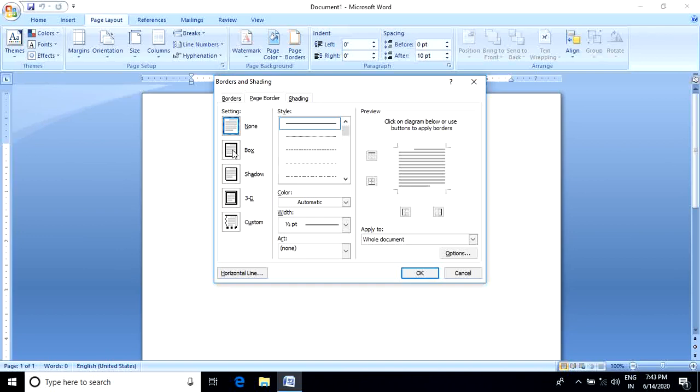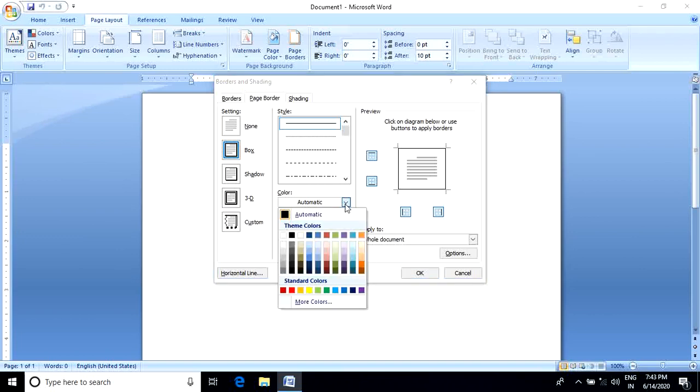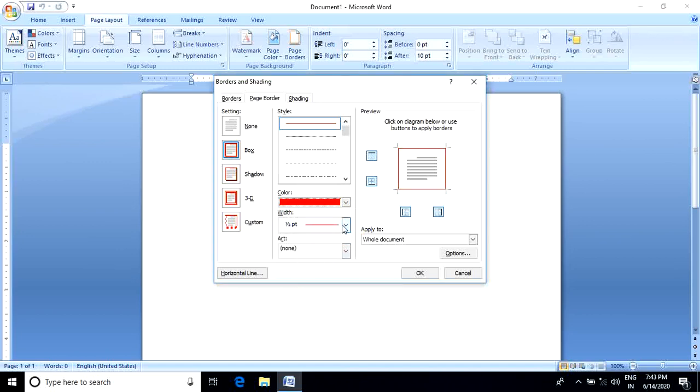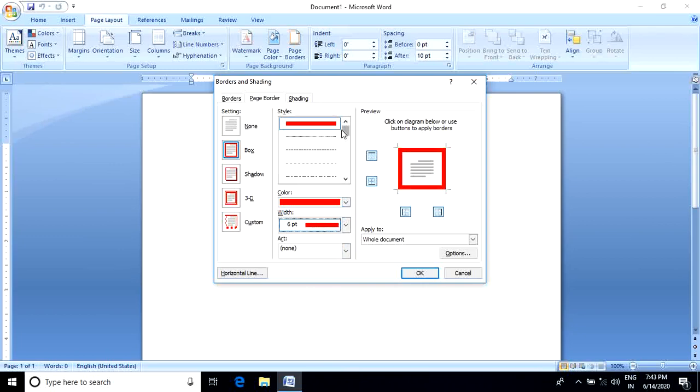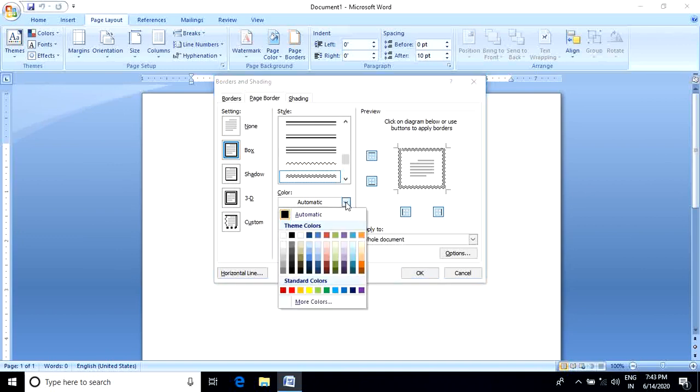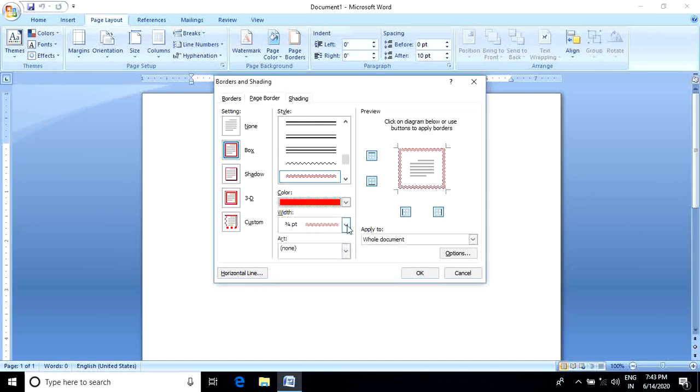You can choose box from here, and border color from here. Suppose I choose red, and width, you can choose width from here, and suppose we choose this style option, and okay, for the whole document.